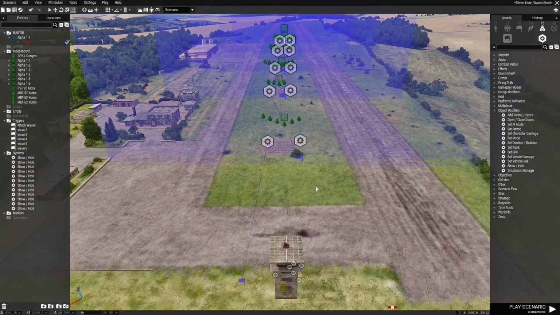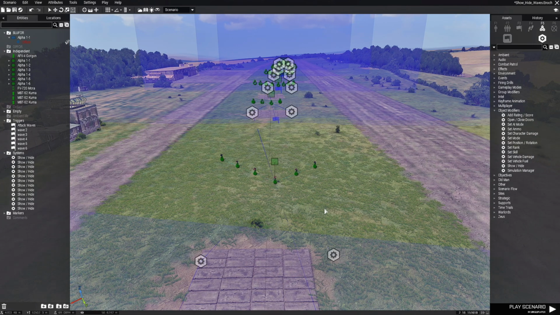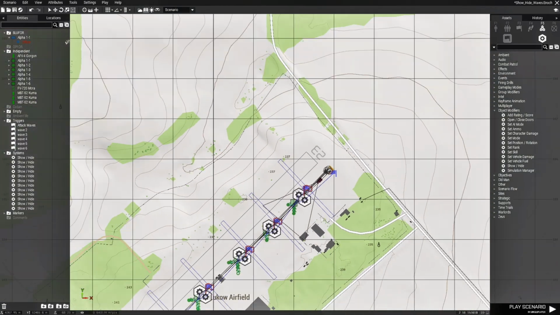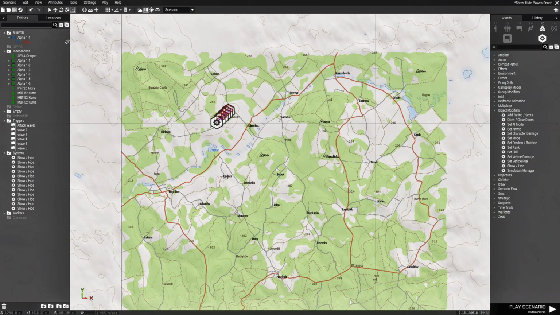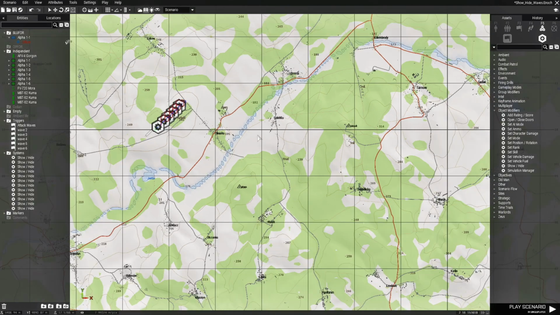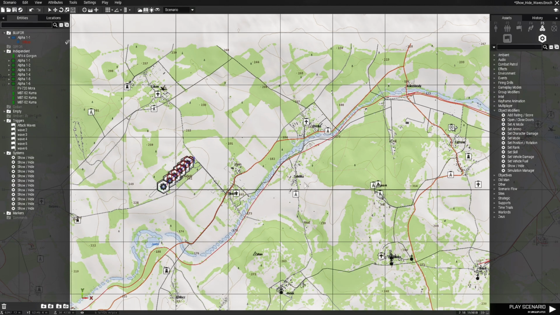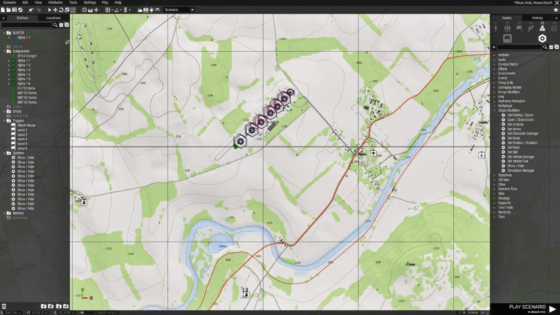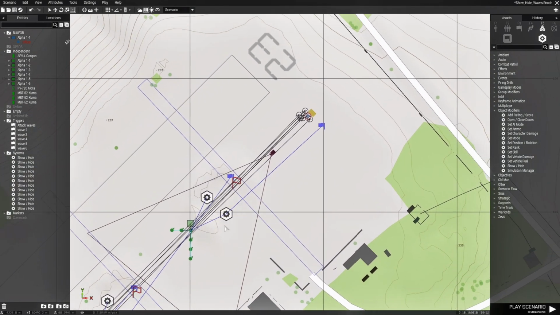Alright guys, hope you found that useful, and there's a lot of things you could do with this show hide module, like call for reinforcements or have enemies spawn in different spots. Like you can go to different areas of the map, and let's say this whole map was the AO. So wherever you went and you walked into a trigger, there would be a group of enemy that spawned somewhere that followed the waypoint, and somehow you ran into them, or they would just be in a waypoint type of patrol, or you could use codes, you could use scripts. There's a lot of stuff that you could do with the show hide module